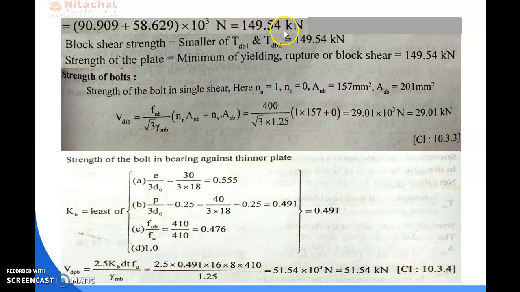So according to the code, the actual block shear strength of the plate section will be the minimum of the